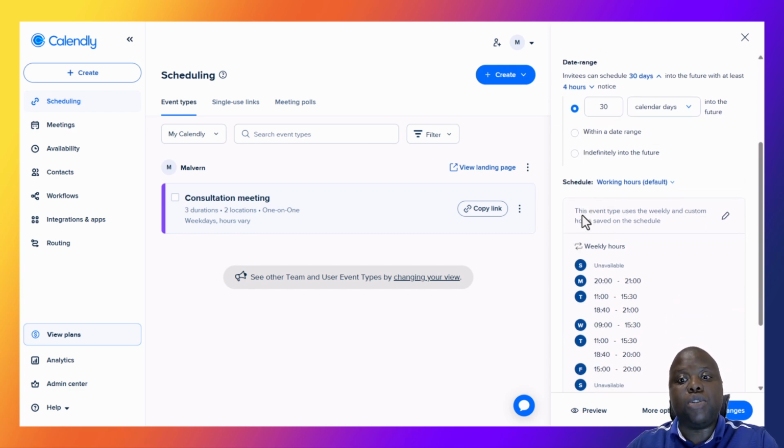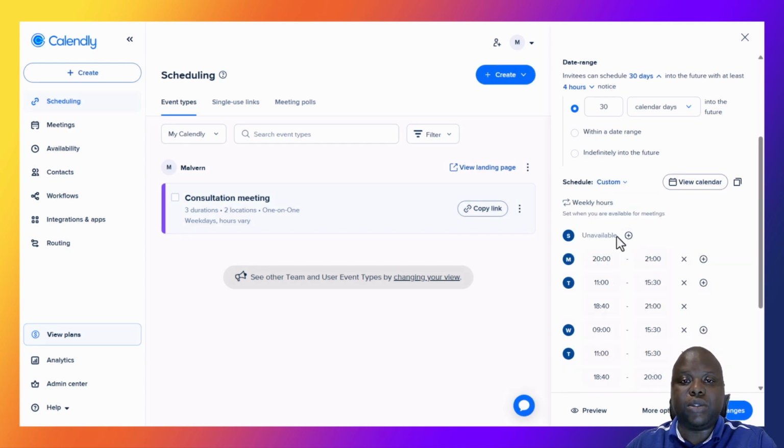Now, let's talk about the schedule itself. So you can create several schedules. You can have a work schedule that runs for specific days. You might have a varied work schedule that you apply to the event. So here we have a working hours schedule that we have selected, but you can also create a custom schedule